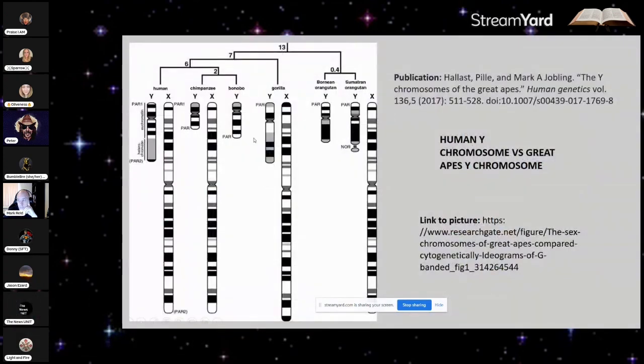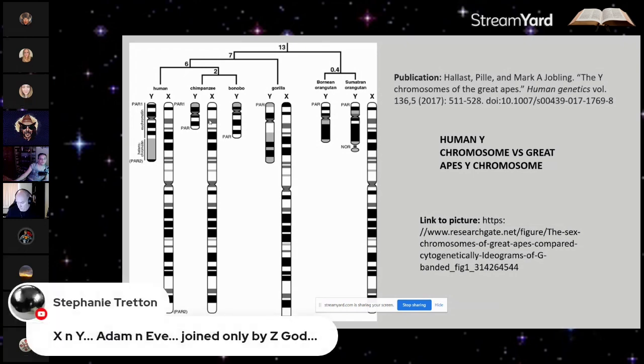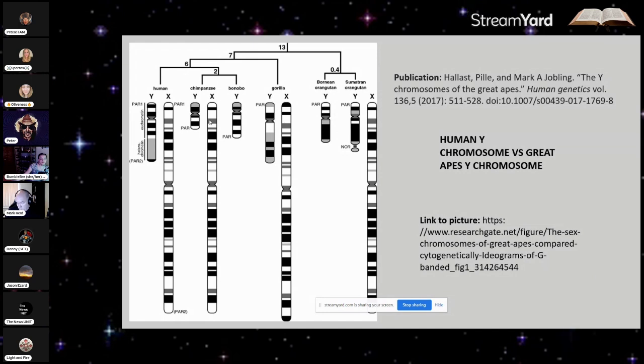And you can see that in the diagram itself, where you've got the gorilla Y here. You can compare the gorilla with the human Y. Here's your chimpanzee Y. So human and gorilla are more similar to each other than the gorilla is to the chimpanzee or the human is to the chimpanzee. Last thing I'll say is my argument comes down to the evolutionists requiring a mathematical model, not just untested hypotheses, but an actual model that explains how these massive differences can come about within the 6 to 10 million years in a chromosome that should be relatively more stable since it doesn't experience recombination.